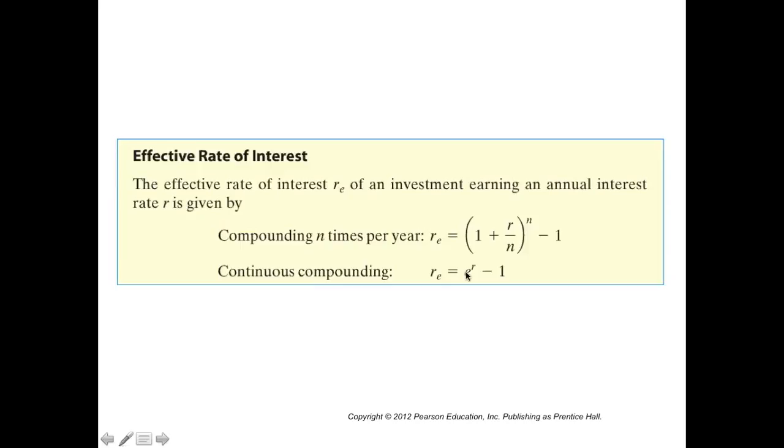We can also calculate effective rates of return. So let's suppose that you have $1,000 and a bank offers to pay you 3% annual interest on a savings account with interest compounded monthly. So in 1 year, we would take 1,000 times 1 plus our interest rate, which is 0.03, divided by 12 since we have compounded monthly, and we'd raise that to the 12 times 1 power, which is just 12. And so with that, we'd get